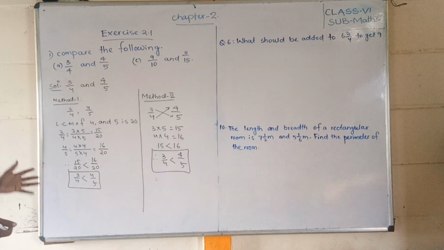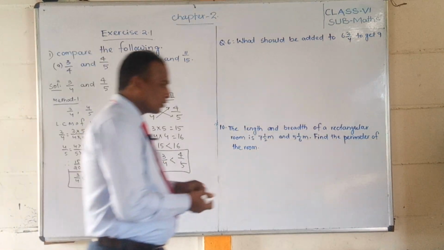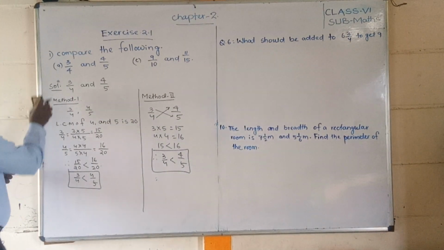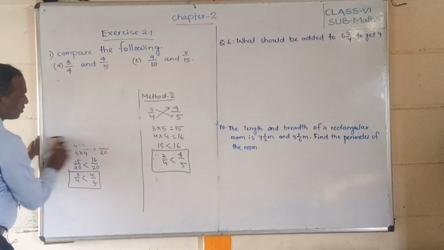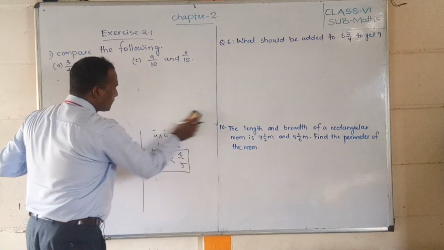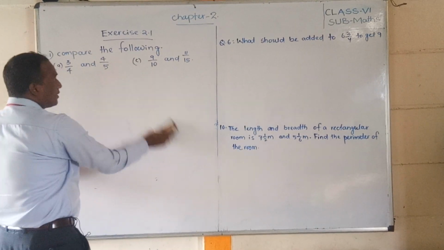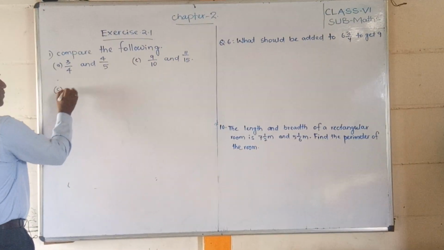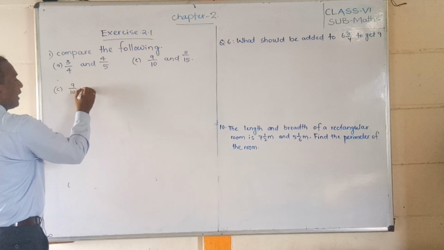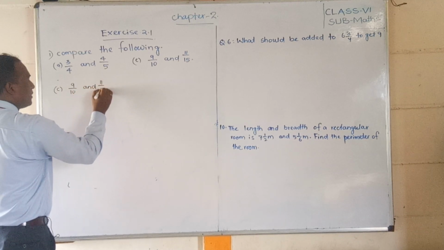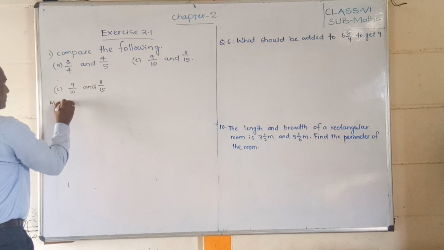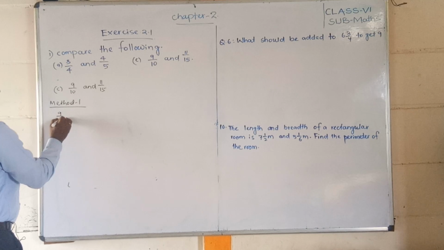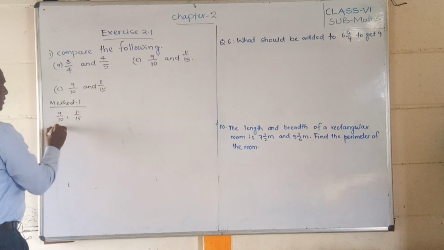Okay students, now we will go for the second question. I will rub this out. Now look here, students, the second question given to you is 9/10 and 11/15. So what is the question? Now see 9/10 and 11/15. If you apply method 1, you can do it with any one method. Suppose you take 9/10 and 11/15, then what will you get first?